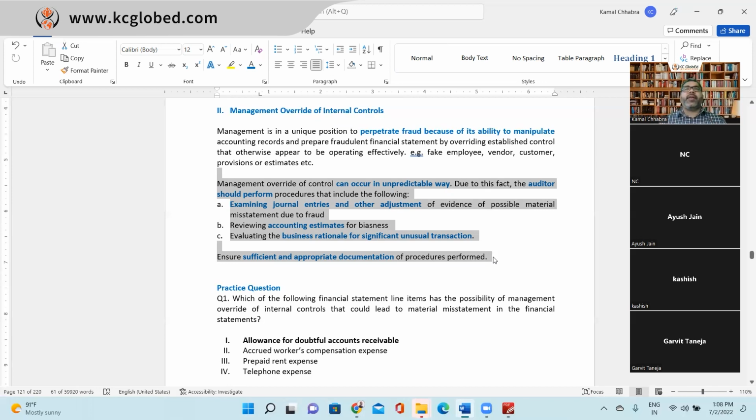Right? Here, for the fraud risk and for the management overriding of control, you'll be planning and performing certain additional audit procedures. What should those procedures be? First is examining the journal entry. If management is posting any entry, then it will be captured in the journal entry, right? So you have to test the journal entry and you need to give more emphasis to the manual journal entry